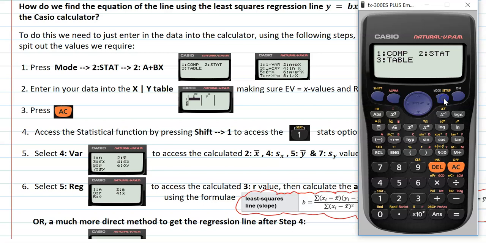To do this, we select the mode, stat, option 2, the AX plus BX. This is going to be a very long process, so I'll just input the first couple of values. Okay, I'll put in the associated y values.